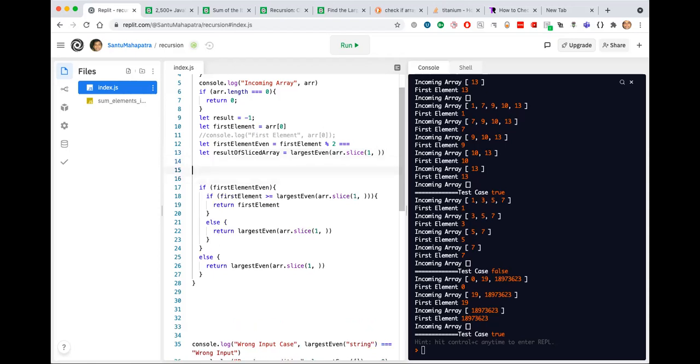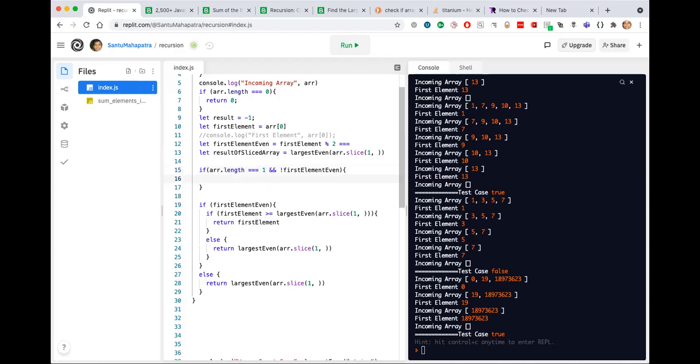So what I'm saying is if array.length is equal to 1, that is the first thing, and the first element is not even. So I will add a not check here. If the first element is not even and the array.length is 1, then I will return -1.